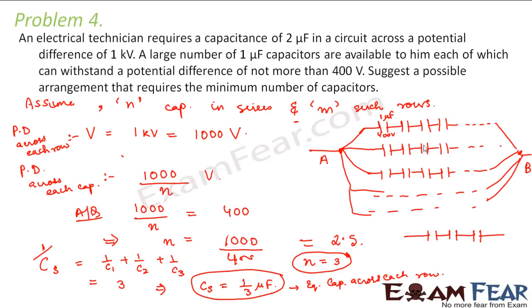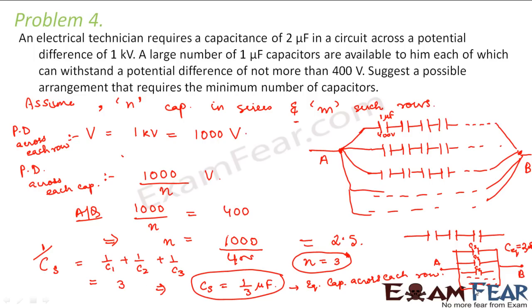So what we can do is, instead of drawing so many capacitors, we can simplify this diagram like this. So we have capacitors like this. We have to calculate the number of rows. This is point B and this is point A. Now each of these capacitors is Cs, because I have replaced those 3 capacitors with Cs, correct? So we have to calculate the value of M, and we also know that the net equivalent capacitance of the circuit should be equal to 2 microfarads.